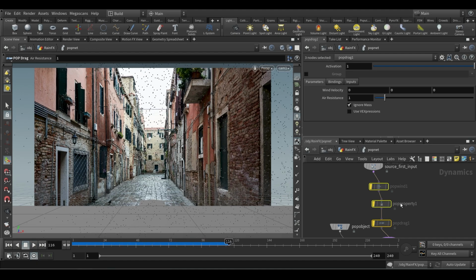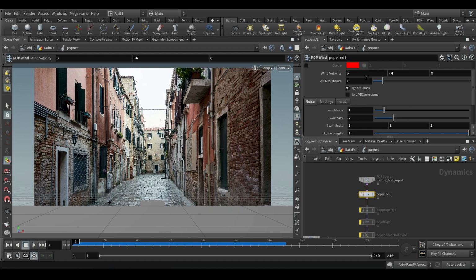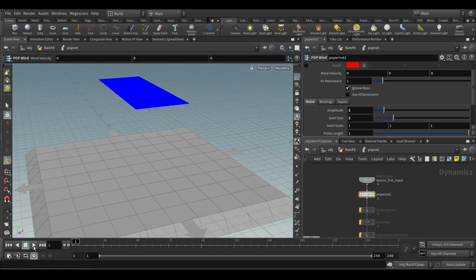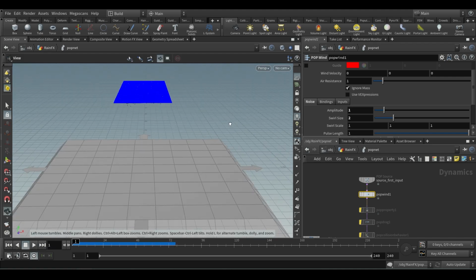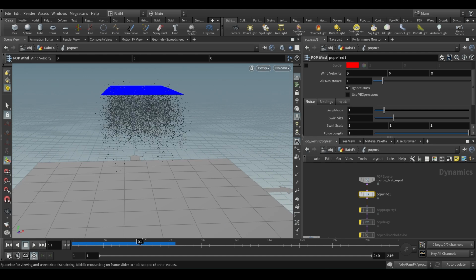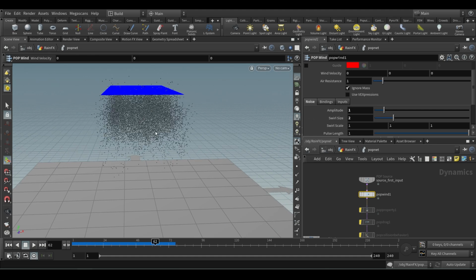So we have that. In the pop source, I put some wind velocity, because you can see here when I play, it is stopping here because of the wind. When I add the swirl and amplitude, you can see the swirl and amplitude is taking the velocity down.